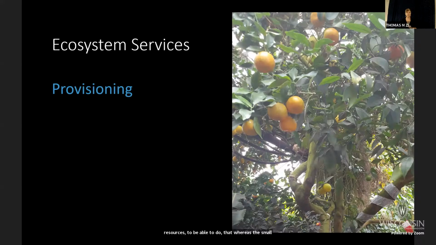Across all of these farmers, I asked them about what they valued in having trees on their farms. And they identified a number of ecosystem services that trees perform for them. So those are things like provisioning services, where they have fruit coming from some of the trees that helps to